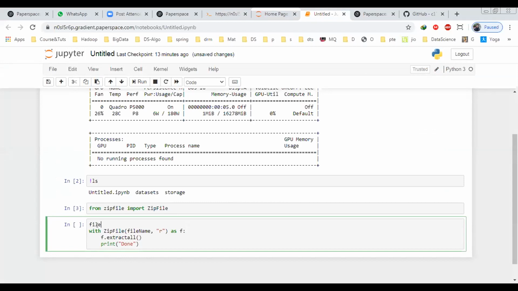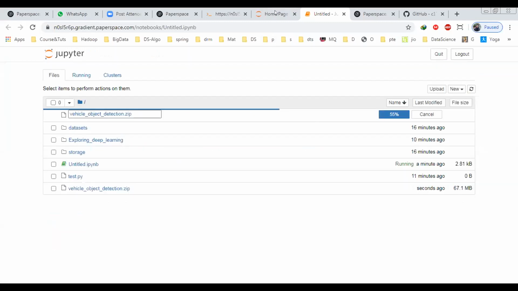That is fine in a Jupyter Notebook. If you're running this as a script, then maybe you have to do it this way. The choice is always yours. So we will give the file name. Once this gets uploaded, it is really slow, 55%.